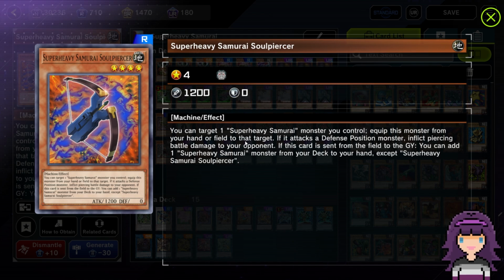If it's just on the field and goes to the graveyard, you get a Super Heavy Samurai search. And you might notice that there's a distinct phrase that is missing from this card. Once per turn is not anywhere on this card. Not even a soft once per turn, not that it would really matter, but this is not a once per turn effect. That means that as many times as you can send this from the field to the graveyard,